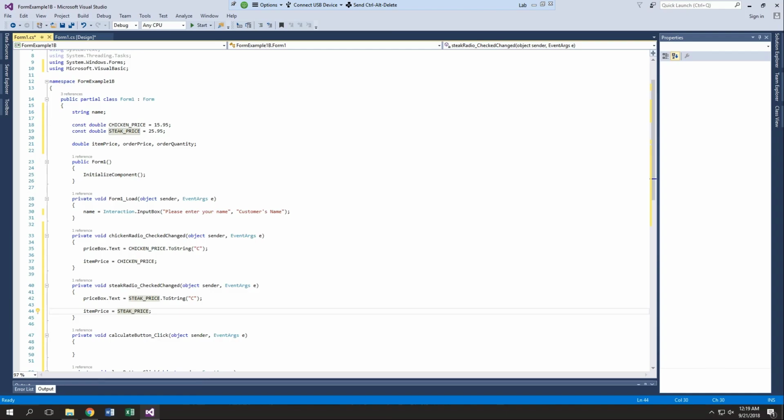Just remember on your project, what you'll have is two radio buttons for the two salads, and they'll use the same price box. And then you'll have the two drinks, which will have their own price box. So you'll have price box 1, price box 2. So make sure